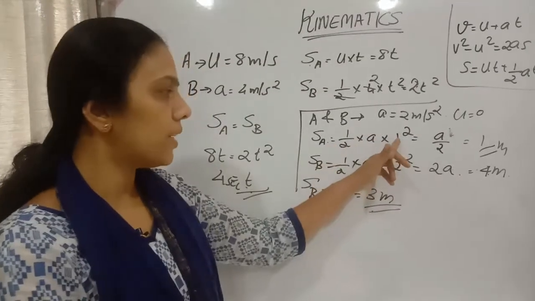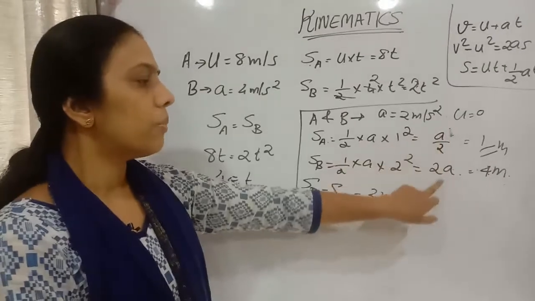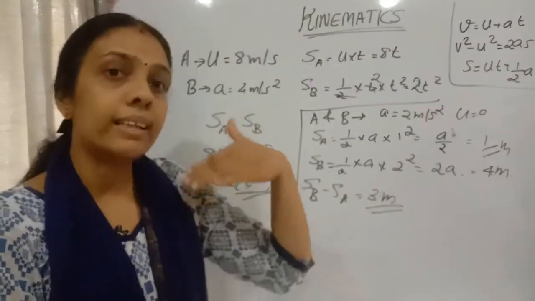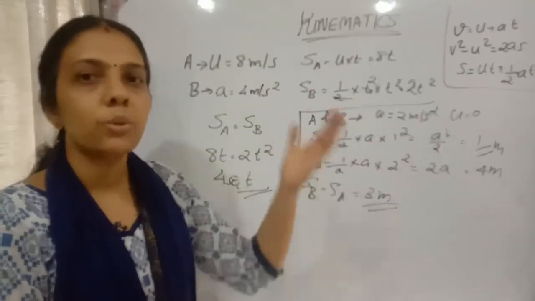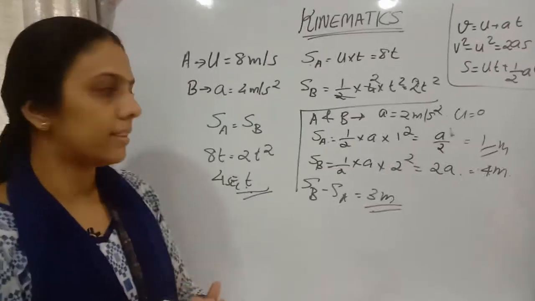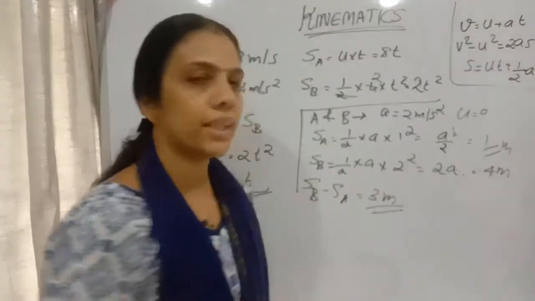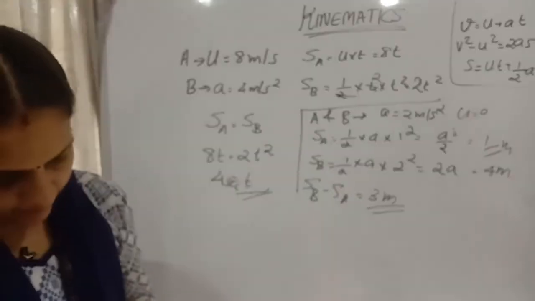So in the first second and the second, what is the displacement? One is starting late, the other is starting early. The distance in consecutive seconds only is asked. So the separation between them will be 3 meters. So the answer is 3 meter, C. Yes, C is the correct answer. Next question.